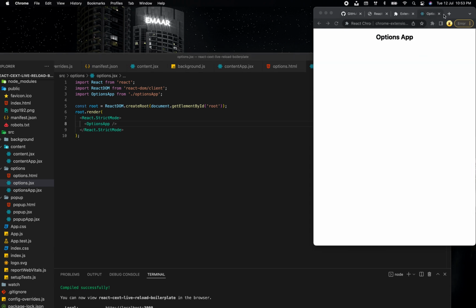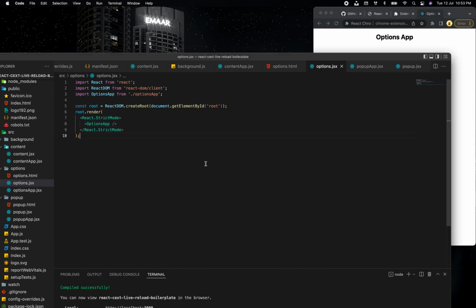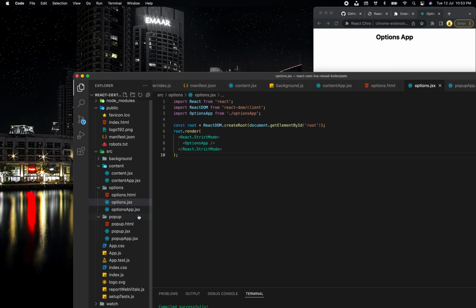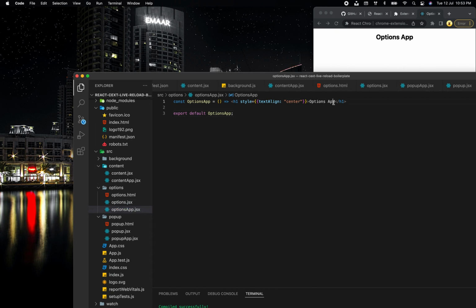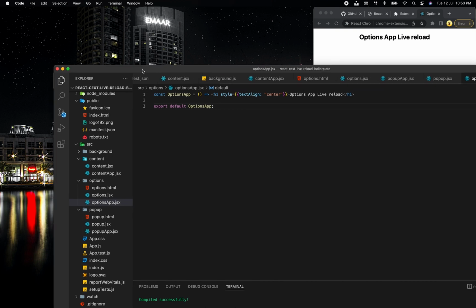I'll go to the options page. This is what we have, options app. And let's say here in our options app, I'll say live reload and save this. This is going to show me the changes. So the live reload is working for our options and pop-up. However, for content, we need to